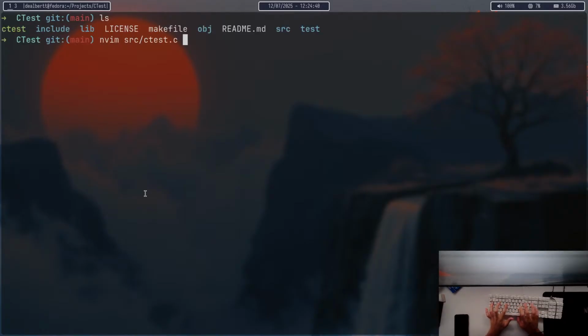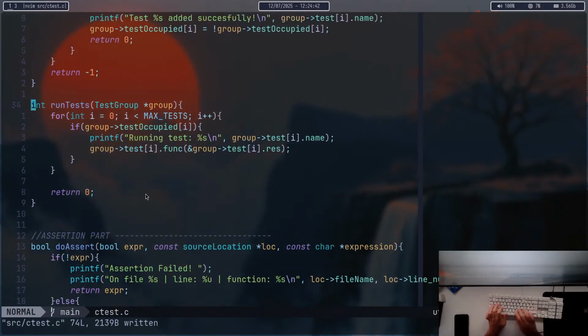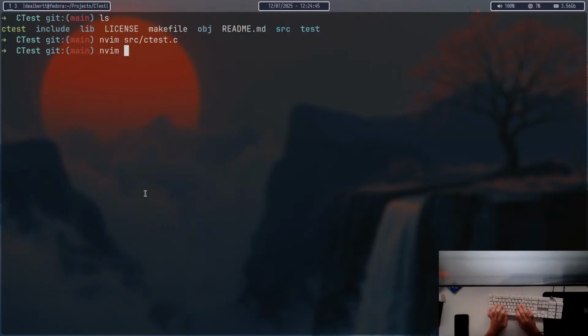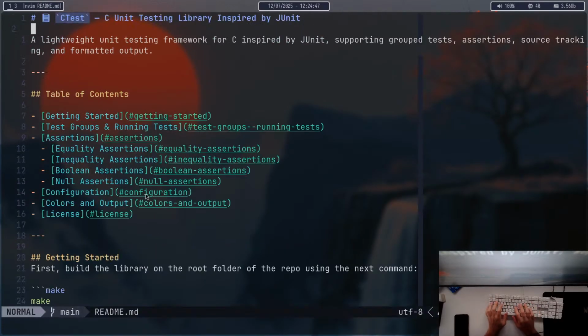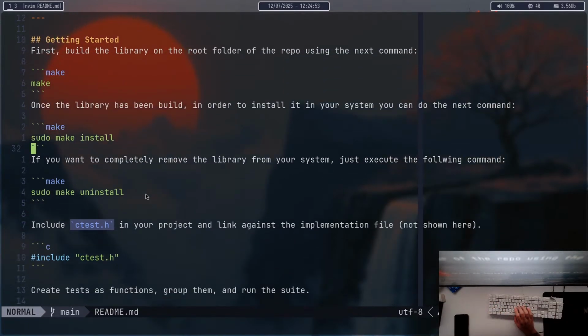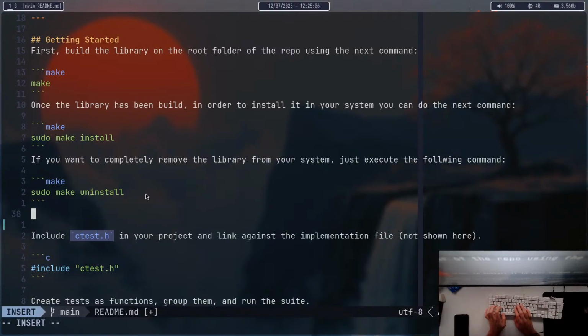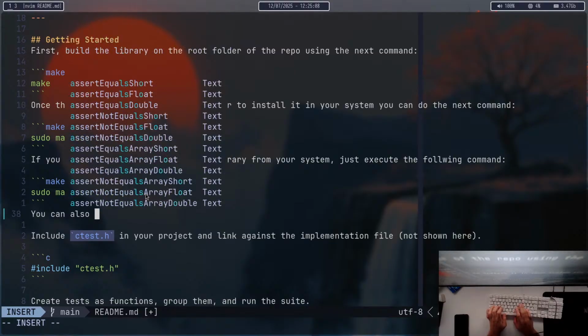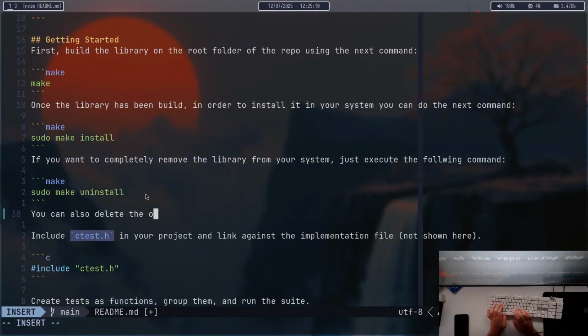So CTest.c, and then I do want to change the readme as well. Make install, so to make an install. And if you want to completely remove the library from your system, just execute the following command. Okay, then I guess I could say something like, you can also delete the object,